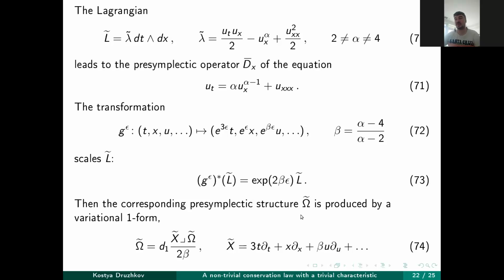Then the corresponding presymplectic structure determined by this Lagrangian for this equation is produced by the following variational one-form. We just contract the symmetry and the presymplectic structure, divided by 2 beta, by this coefficient, and this variational one-form becomes a potential for omega itself, for the corresponding presymplectic structure. It's easy to see the situation, right? Because